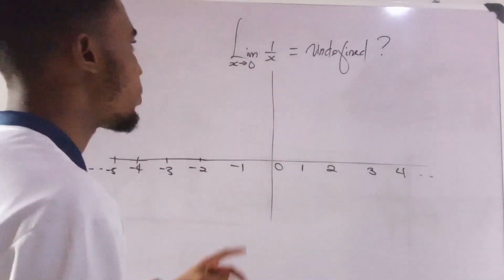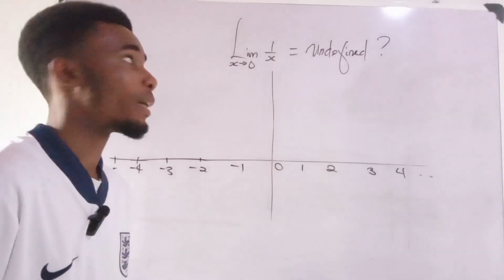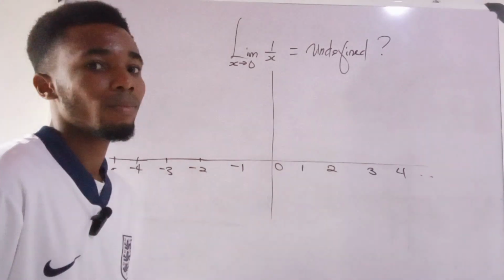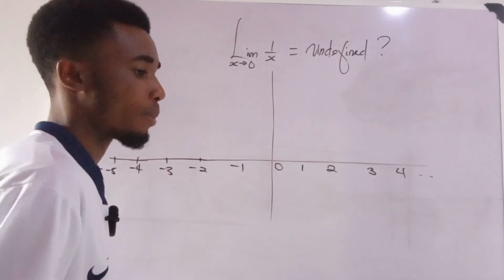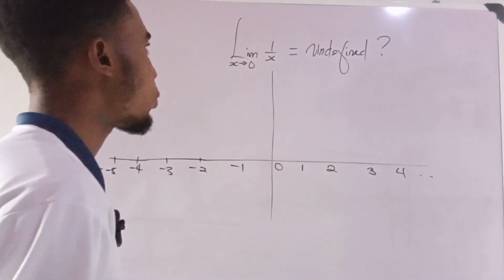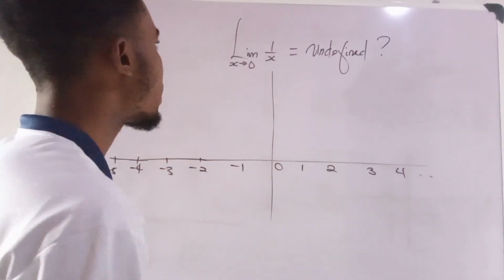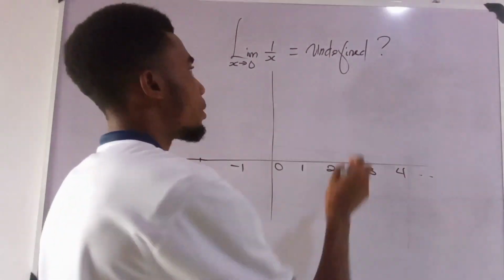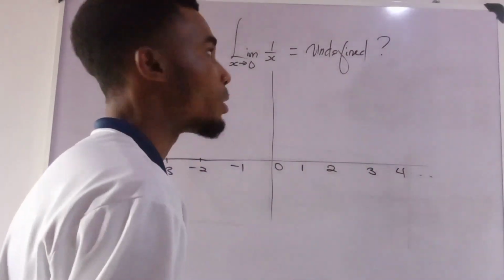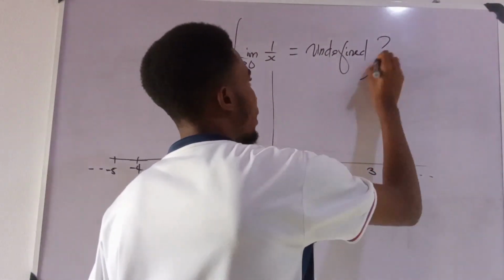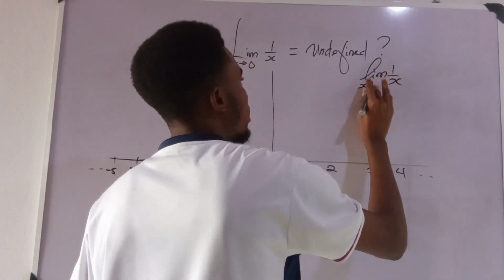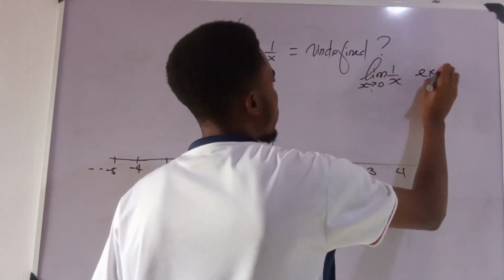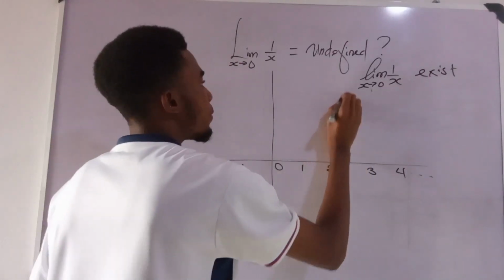Why do we have the limit of 1 over x to be undefined as x approaches 0? Now let us critically analyze the limit of a function at a particular point. Now we see that the limit of this function exists if and only if the left-hand limit is equal to the right-hand limit. That means that the limit of 1 over x as x approaches 0 exists if and only if